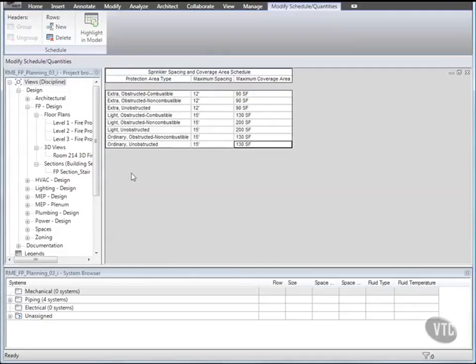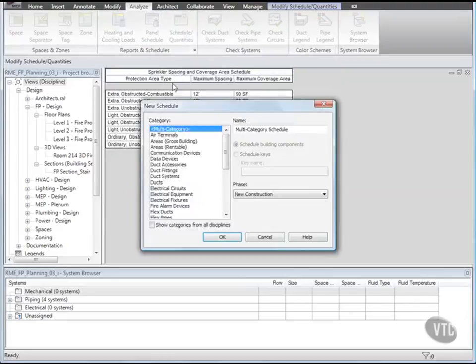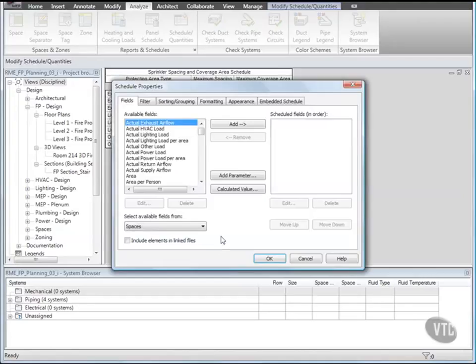Next, we'll create a sprinkler schedule. Click the Analyze tab, and from the Reports and Schedules panel, click Schedule Quantities, and in the new Schedule dialog, for Category, select Spaces, and for Name, enter Sprinkler Schedule, and click OK. Then, back in the Schedule Properties dialog, under Available Fields, select Number,